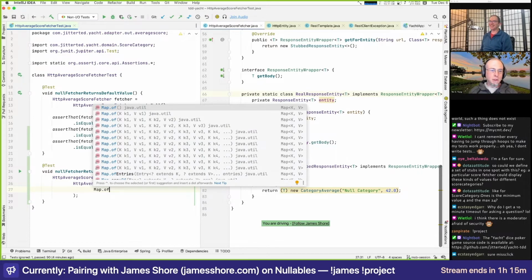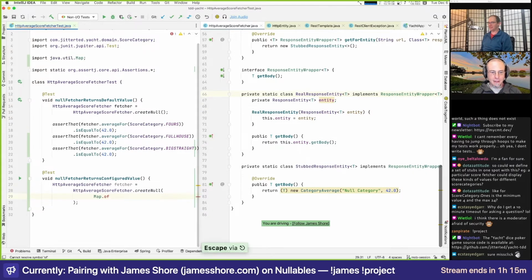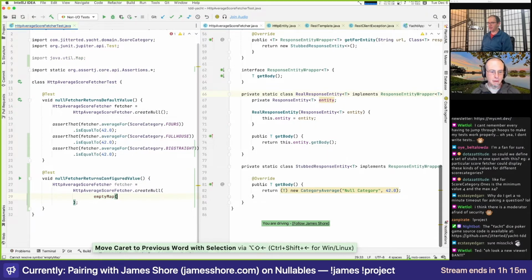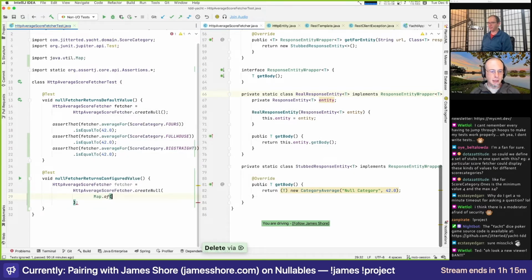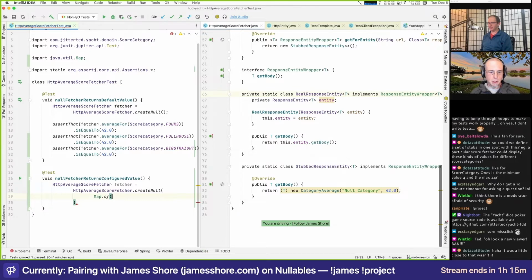Yeah, so we'll have it expect a map. Yeah, let's do that. So we can start off just having an empty map. I don't think we need to do that. I think we can just give it a map of what we want. Just do it. So we're going to give it